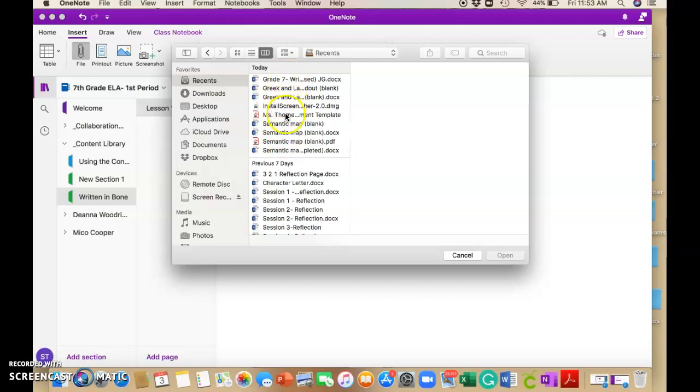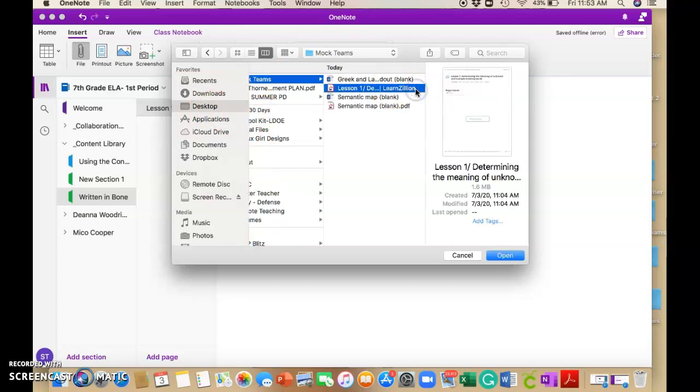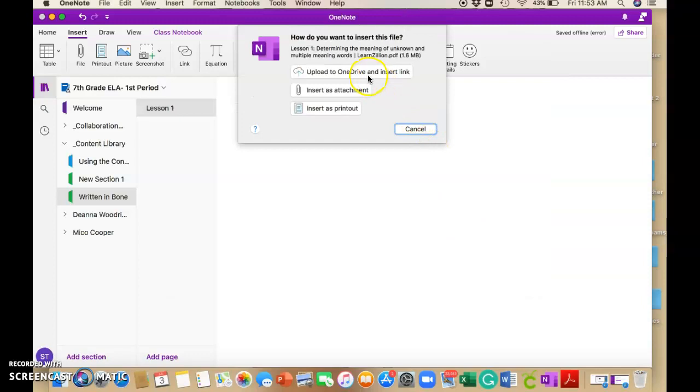Let's see what's on our desktop. Lesson 1. Okay, so it's a PDF file from our Guidebooks LearnZillion curriculum, and we're uploading it, and they